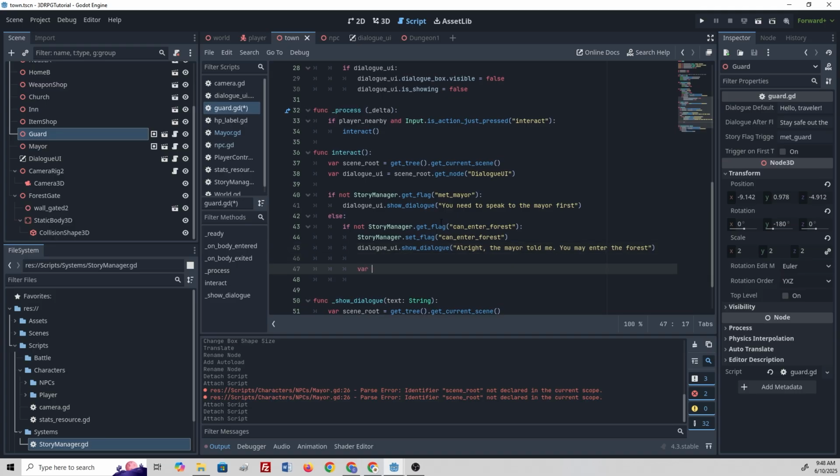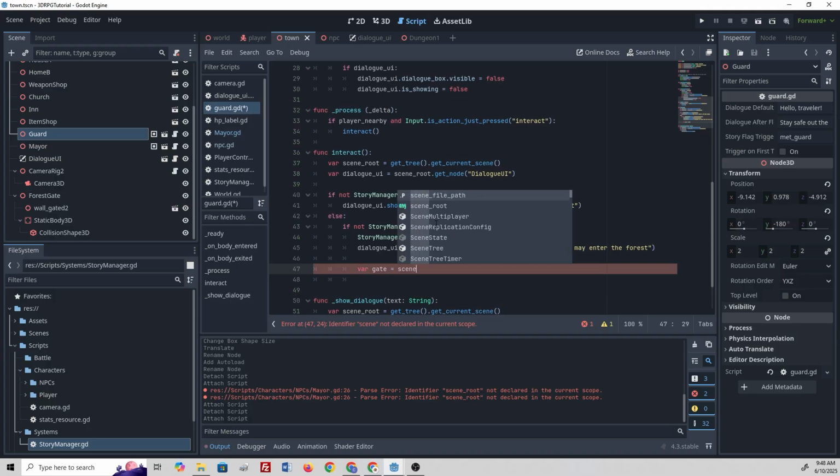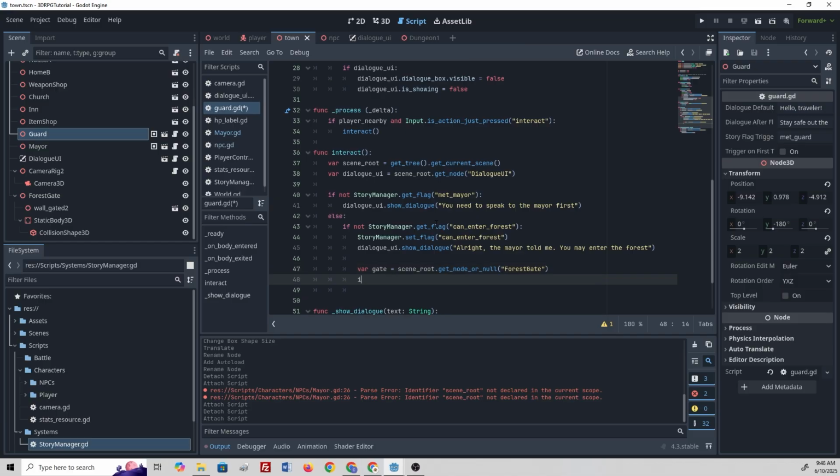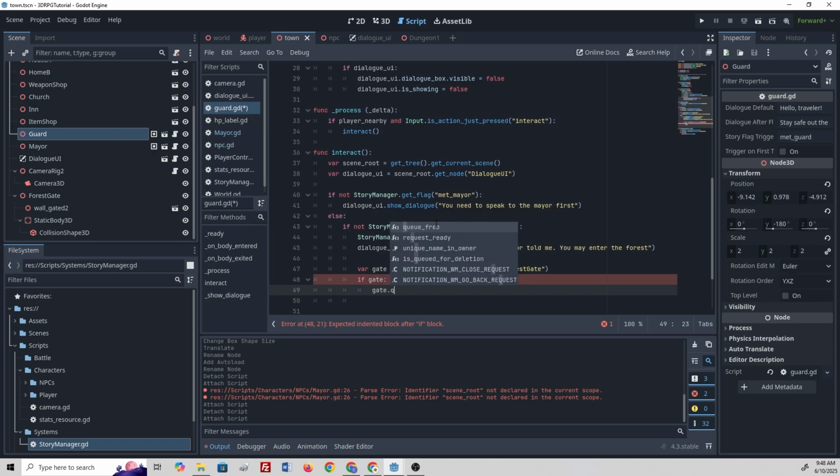Right, and so then we're going to look for the gate. So we need to name that gate. As we've seen, root.get_node_or_null. It's going to check to see if it's in there or if it's null. Basically, if the gate is there, then we're going to say gate.queue_free,